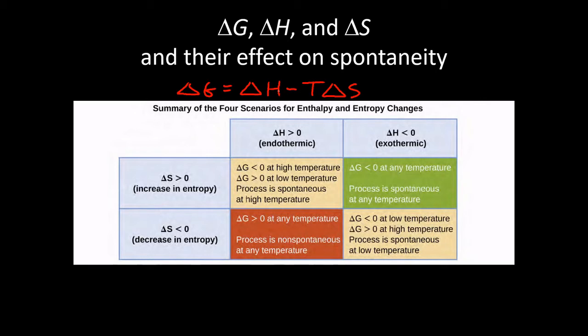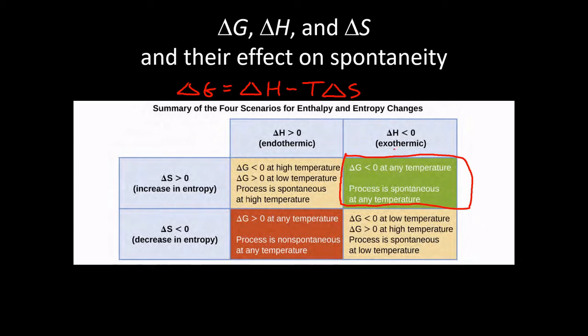Even without having the numerical values, sometimes we will have enough information to tell if the reaction is spontaneous or not. And in the situations where we don't have enough information to tell, we still have some information. We can still make some statements about the reaction. So for example, we'll start with this box here. If we have delta H that is negative and delta S that is positive,